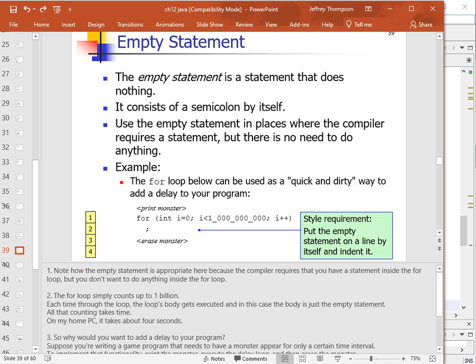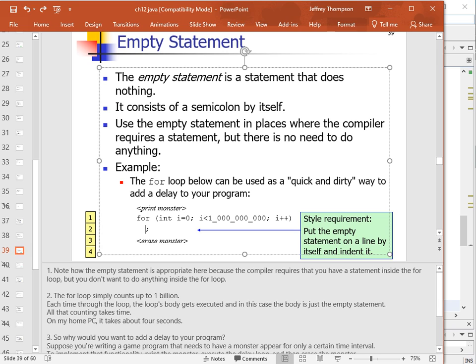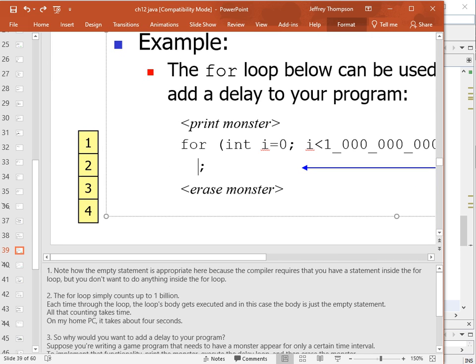Or you want to double the value of I 10 times in a row, right? Or you want to keep doubling it until I is greater than 1,000 or something like that. You don't necessarily need a body to accommodate that. So you just use a semicolon there. It's the same thing as if you put braces there, right? So if you did this,